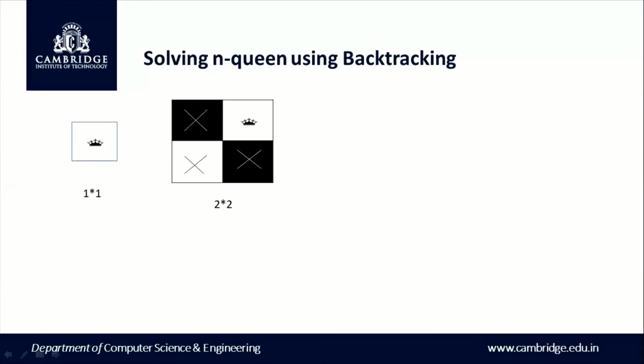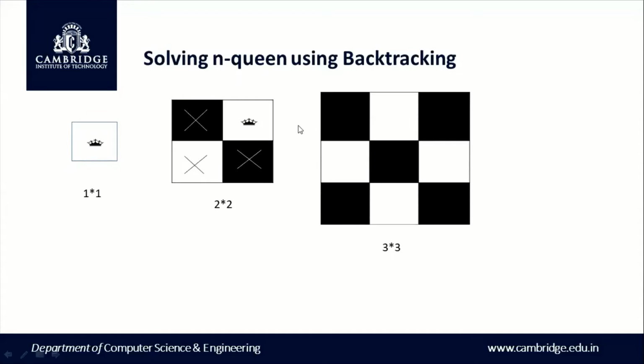Now we move on to the third instance of the problem, which is a 3 by 3 chessboard. Now on this 3 by 3 chessboard, I place the queen here. As per the problem's constraints, the row is blocked, the column is blocked, and similarly the diagonal is also blocked. Now moving on, I will place the next queen, isn't it? So how many queens are left to be placed? 2 more queens.